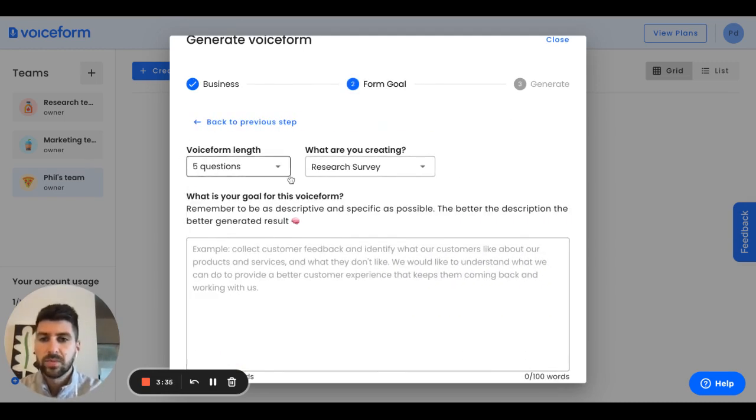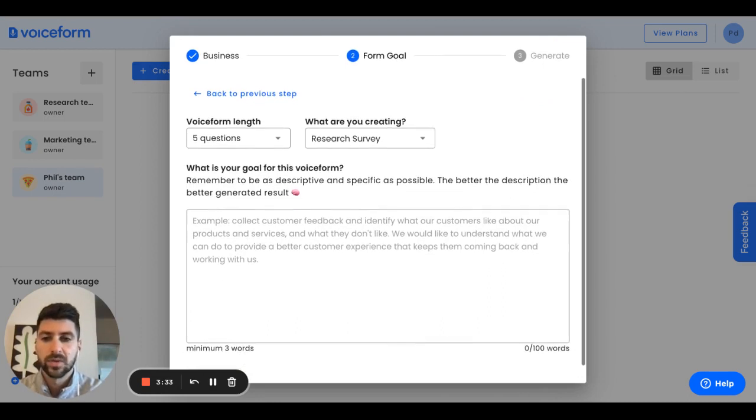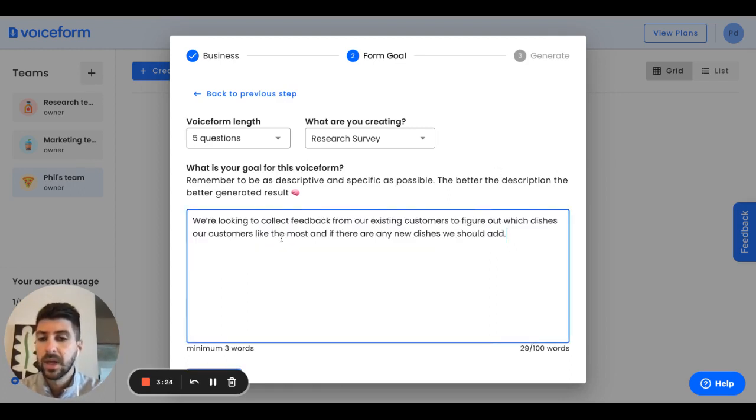And the next step would be to define the goal of your voice form. So what are you trying to achieve? I have another preset message here that I'm going to pop in just to save us some time. But this is where you would write something like, I want to collect feedback to learn more about what our